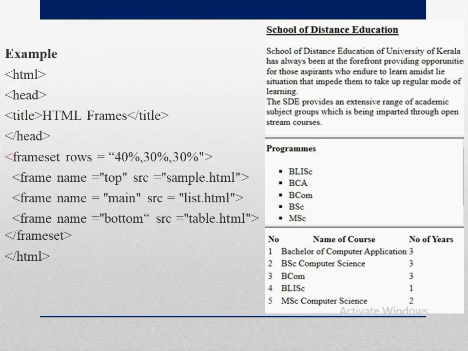In this program, we are using the tag frameset instead of body, and the attribute rows divides the browser window into 40%, 30% and 30%. And here we are assuming the size of the whole window as 100%. Then set the HTML codes into the frames. Here I am setting our first program sample.html into the first frame, the list program list.html into the second frame and the table code table.html into the third frame. Finally, your output will look like this. Similarly, you can create frames vertically using the attribute columns.